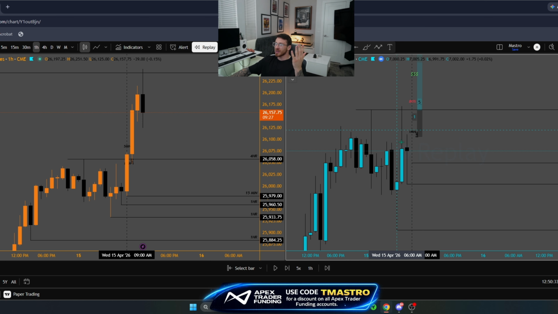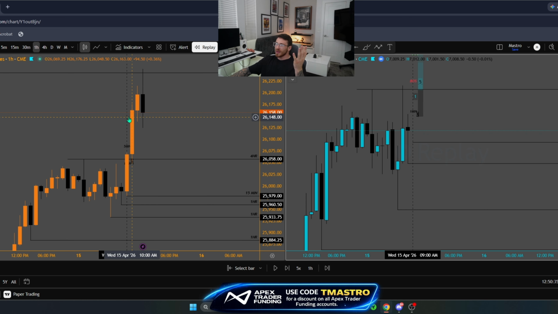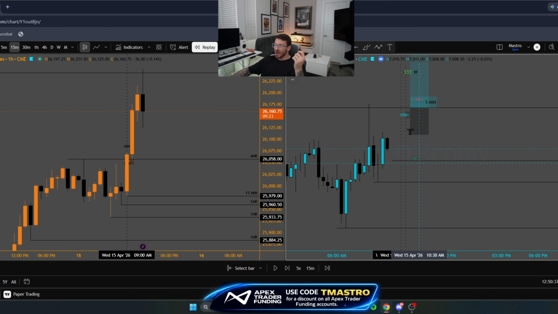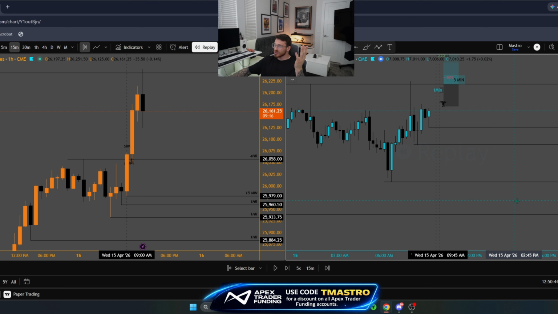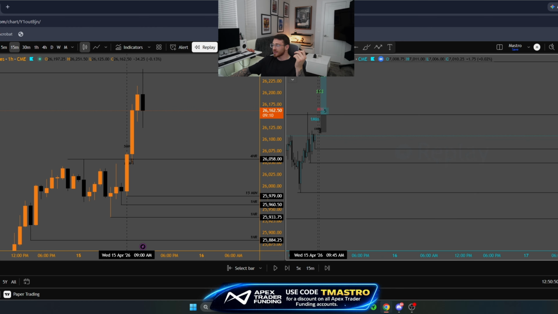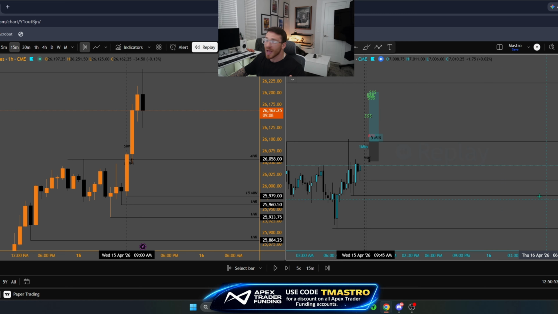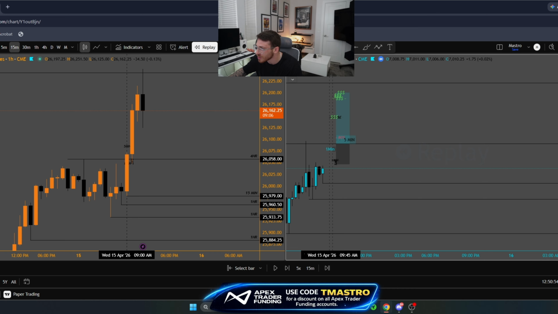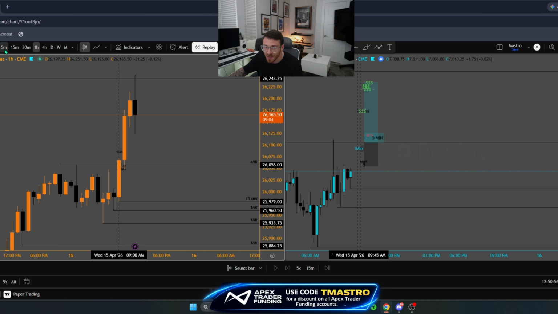I really wanted to see if price wanted to continue lower, maybe manipulate. I was looking at a 15-minute fair value gap that was formed. I wanted to see if we were going to inverse this 15-minute fair value gap, continue to the downside, take out these hourly draws down below, and maybe even fill in this daily fair value gap all the way down here. But that didn't happen today. That's why you've got to adapt with the market and be patient and wait for your opportunity to align. So that was my bias coming into the day.